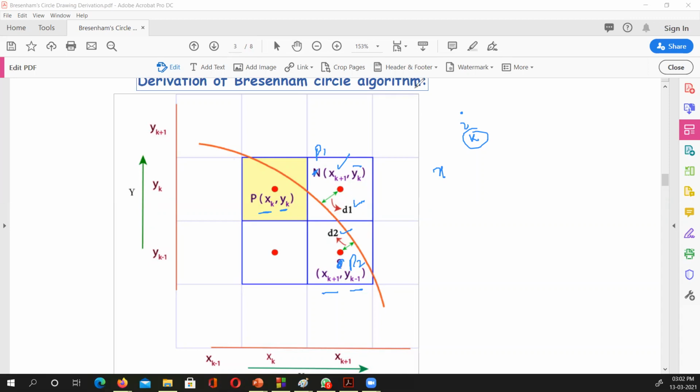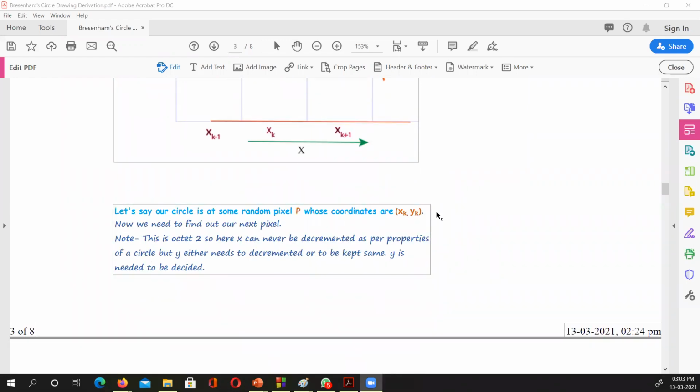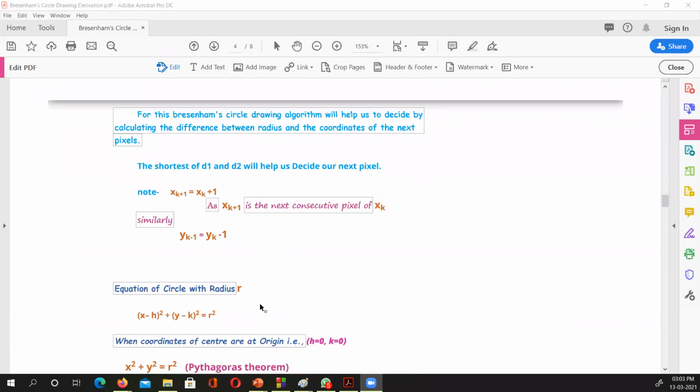So we want to derive this, and I'm getting a gut feeling that hopefully the derivation of it will come in the exam. Okay, the algorithm I have given, and the program is already there, I will send you that. So we have to decide which pixel to take, because at the pixel the coordinates will be xk, yk. Then we move further and draw the octants and all, you already know that. Whichever is the shortest, d1 or d2, that will be our next pixel. So x of k plus 1 here means we are incrementing k, which actually means x of k plus 1, because we are only incrementing by 1.